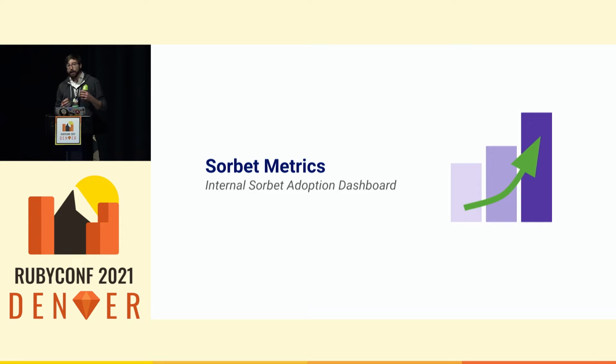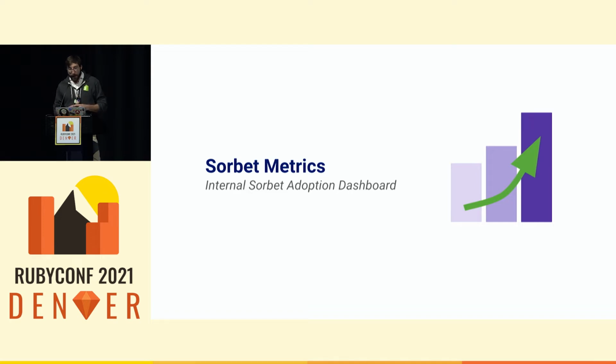Then, after being able to actually use Sorbet on a code base, we wanted to know how much it was adopted by our teams and how much it was penetrating our culture. So we created this internal Sorbet adoption dashboard called Sorbet Metrics that helps us visualize how much Sorbet is present in the code bases, in how many code bases, which strictness is used, and what work is still to be done on these code bases to make them reach a stricter level